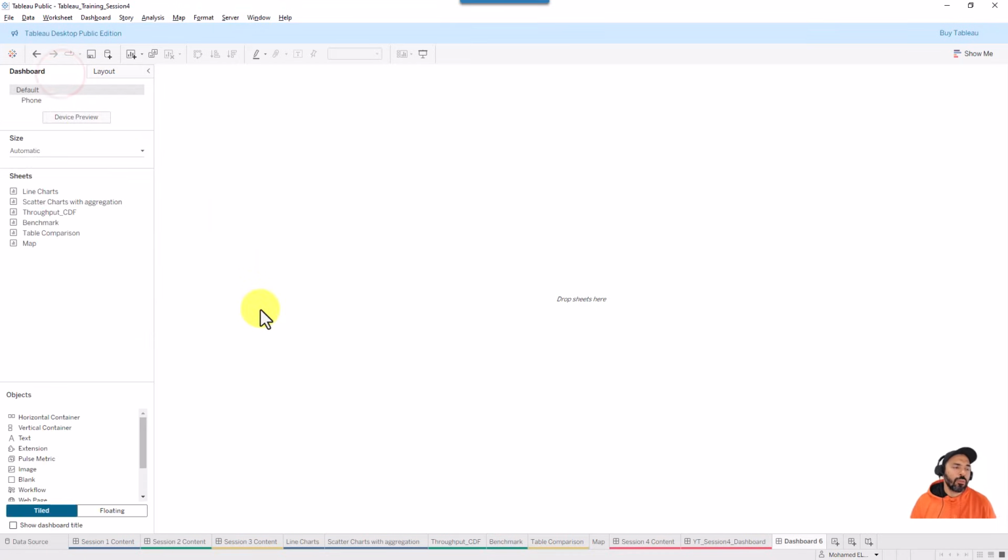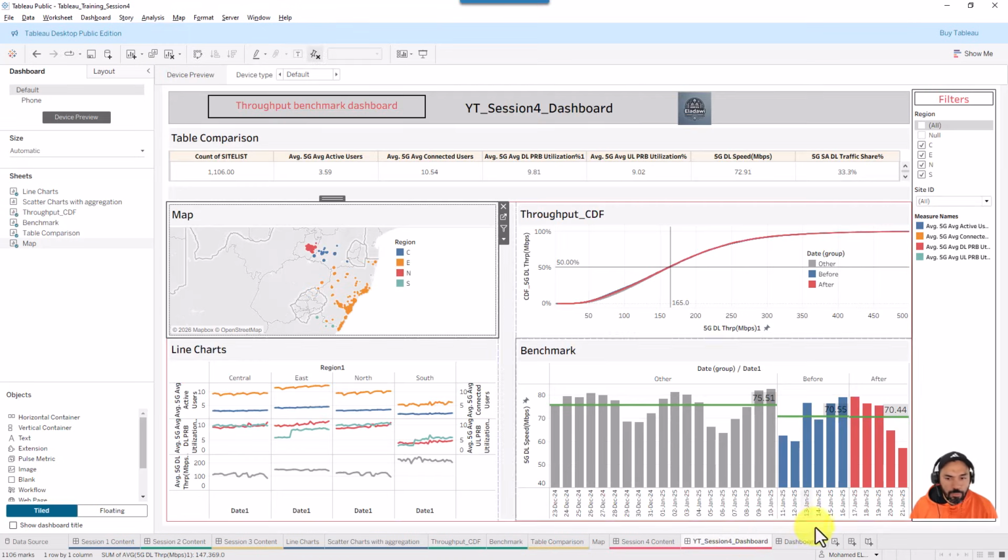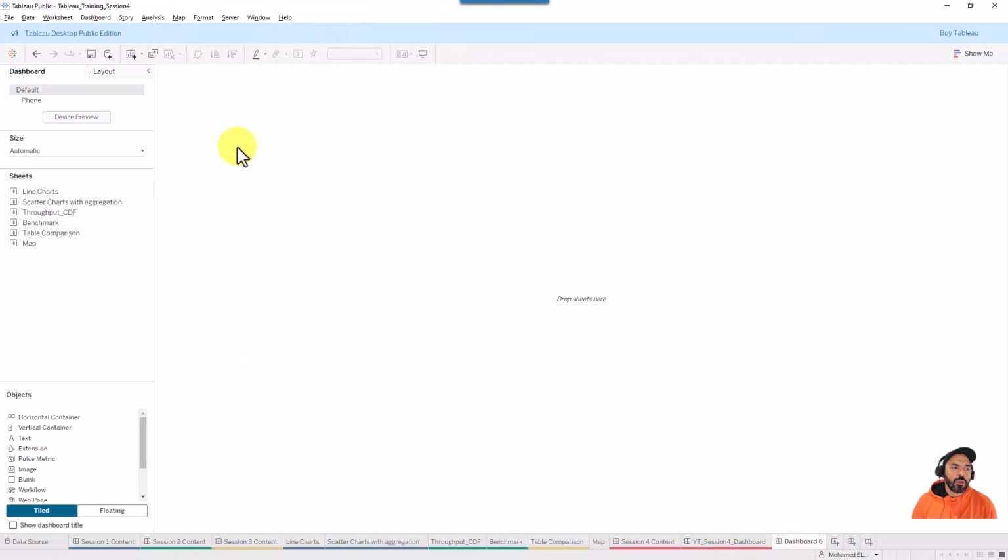Now let's start building our dashboard to get something similar to this one here. Usually I like to start building using my own horizontal and vertical containers from the beginning, but first I will use the normal way, which is directly drag and dropping the charts without doing anything. Then the second method, I will show you the best way whenever you build a dashboard. So the first part, for example, I would like now to start building